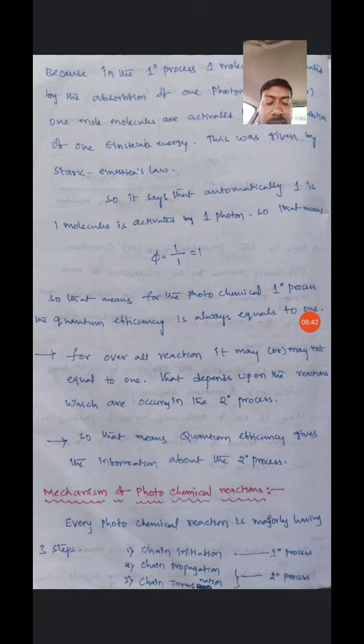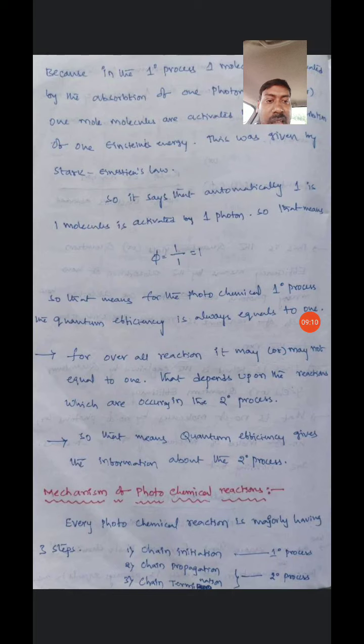Next we are discussing the mechanism of photochemical reactions. Every photochemical reaction majorly has 3 steps. They are chain initiation,